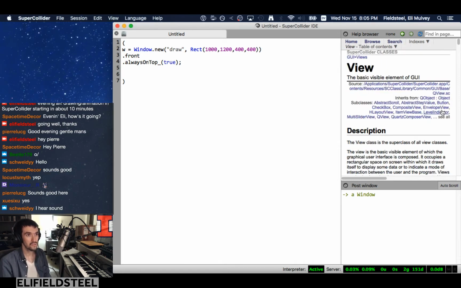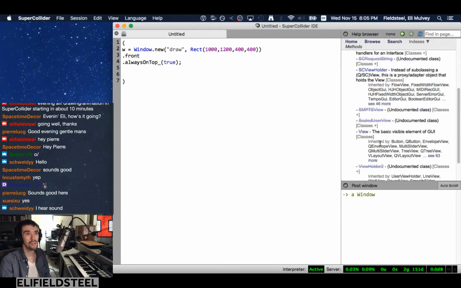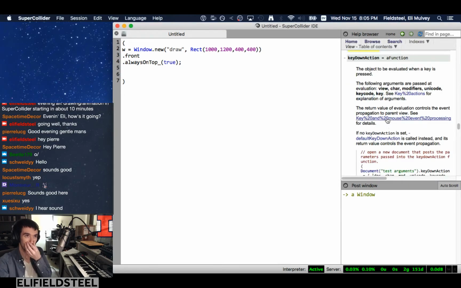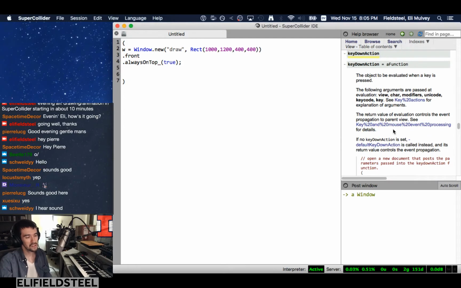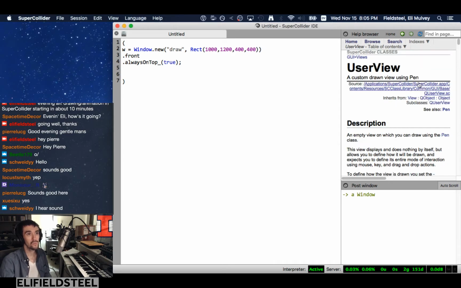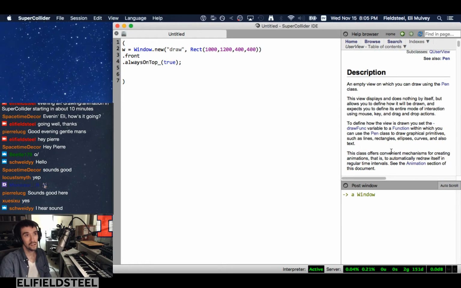And so in the view help file, there's key down action, and there's also mouse down action, mouse move action, and these are just additional methods that you can use to define actions when a key is pressed down or a mouse is pressed down on a GUI object. But we're going to focus on drawing lines and squares and circles and arcs and stuff like that. So UserView